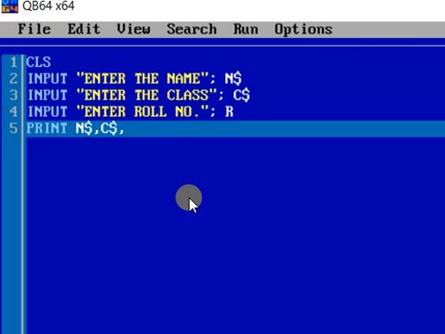But if we want to place text with them, then it is better to print in different lines. Name is stored in $N, so write NAME within double quotes so that it displays what the name is, and whatever name is given by the user will get displayed in $N.